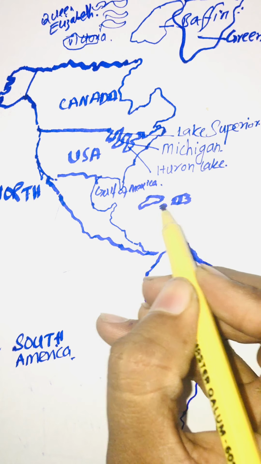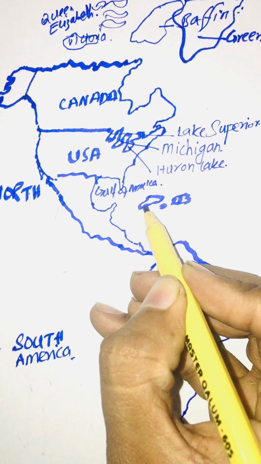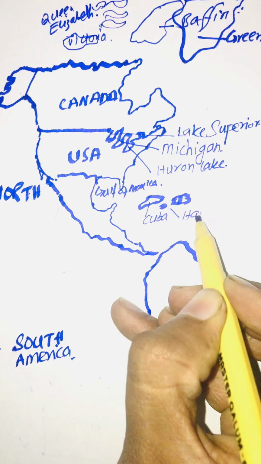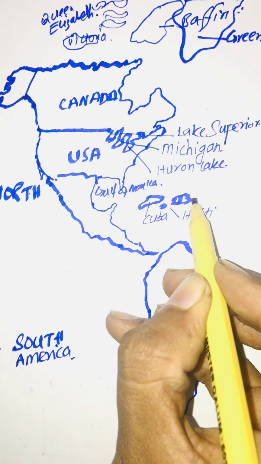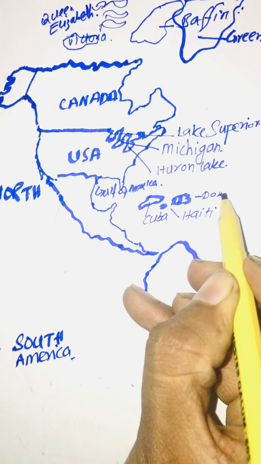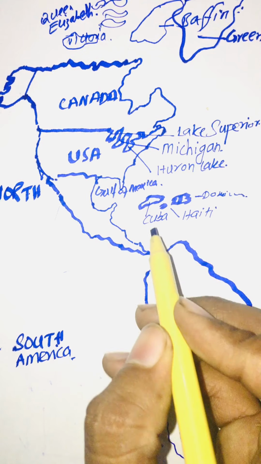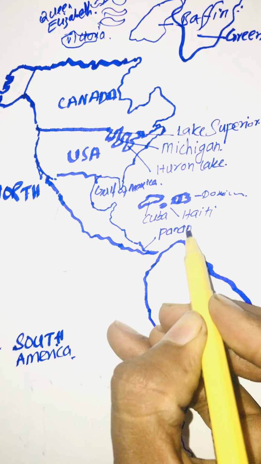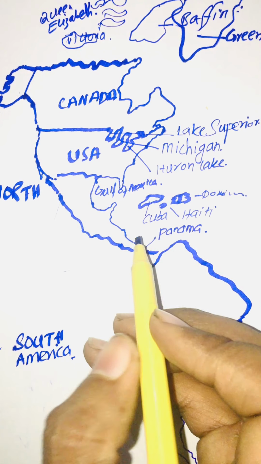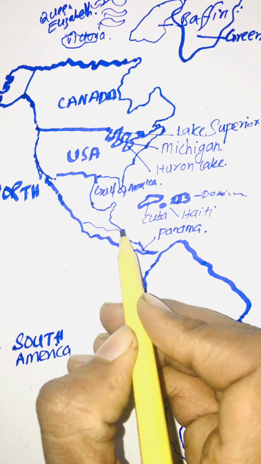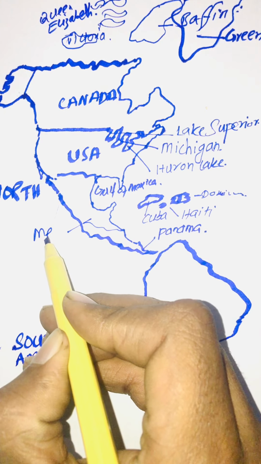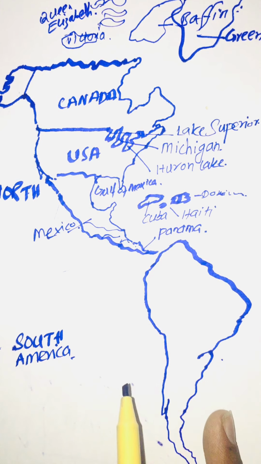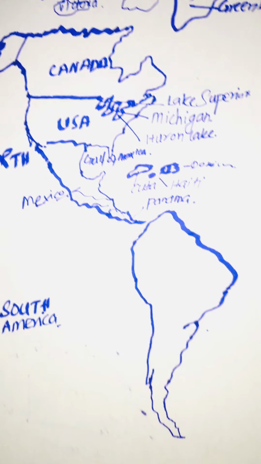These are some central regions where some countries like Cuba, Haiti, Dominican Republic, Jamaica are situated. This is Panama. This is Mexico. There are some other small states which are not important to mention. So